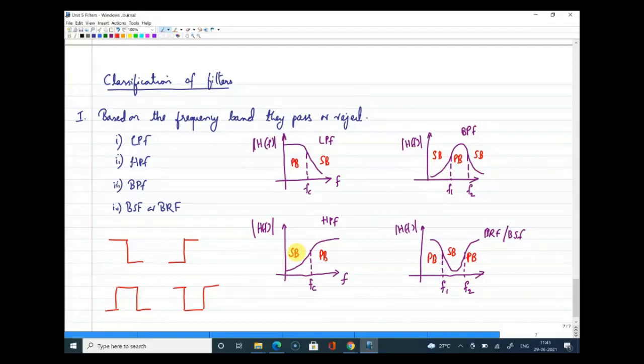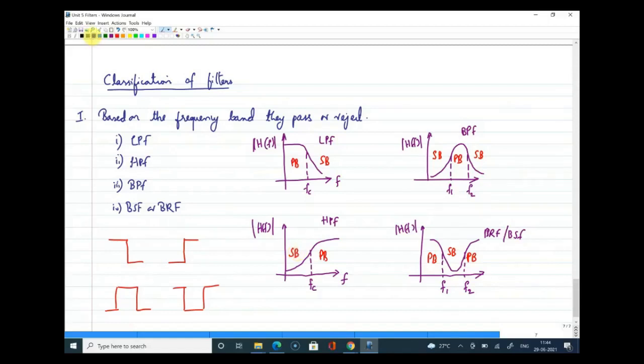Whether your question was how the cutoff frequency is determined, or what decides the cutoff frequency? Something like that, because we had studied, I think in 12th grade, that the frequency for which the power is half, or the current is by root 2. Yes, right. I got your question now.